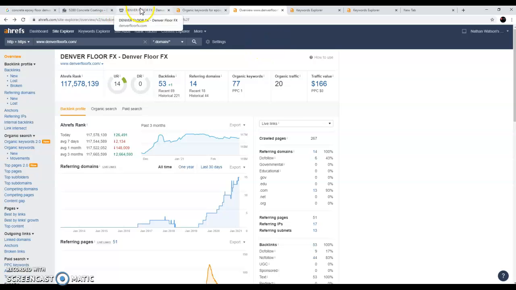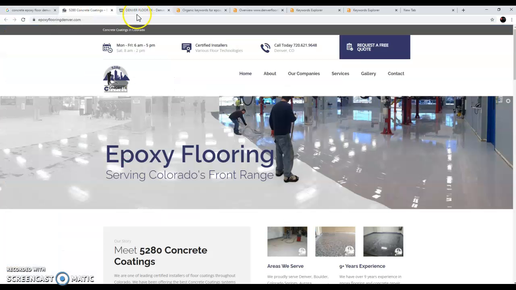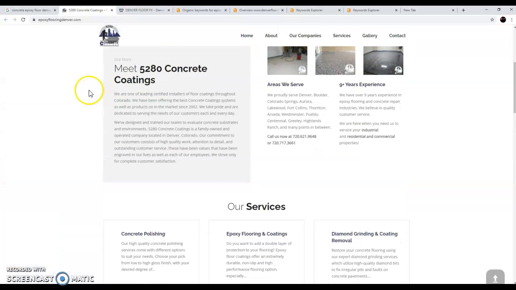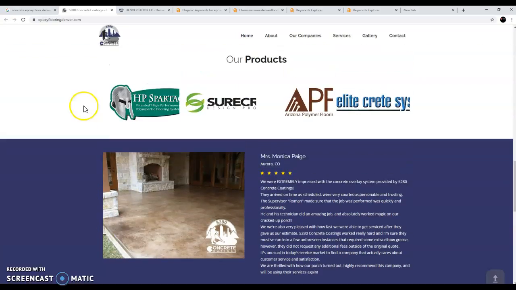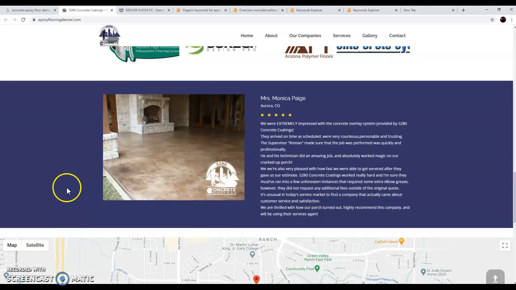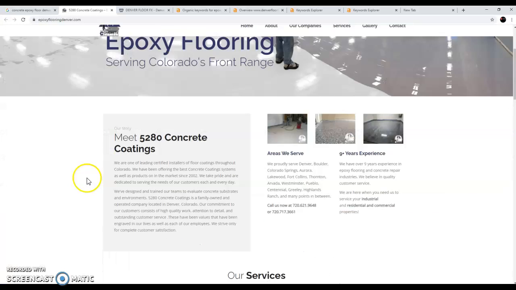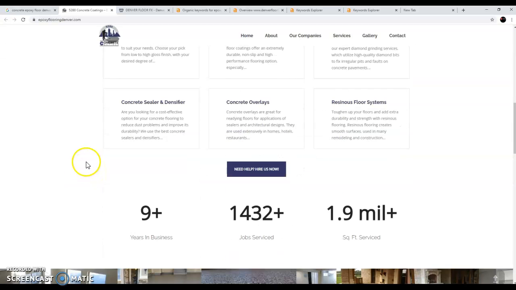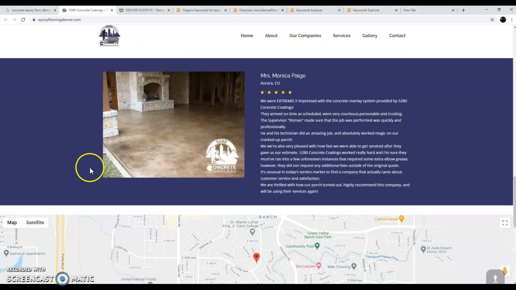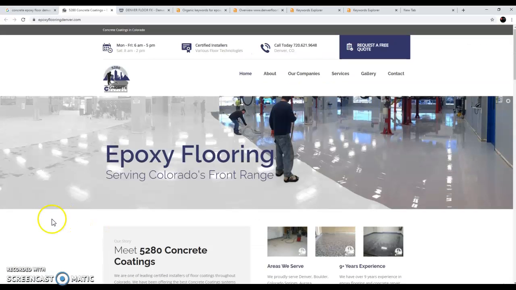Google, when it looks for websites that it ranks, usually needs 1,500 words on the front page, 500 words on each subsequent page, and needs those keywords worked into it in a way that makes sense. It's not going to just rank some website that has "epoxy floor coating Denver" written down 50 times on the front page. It knows the difference. So you've got to have good content written, and we'll do a comparison of your website here just to show you what's going on.